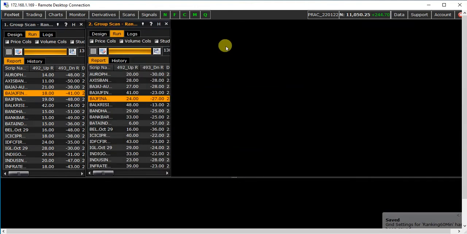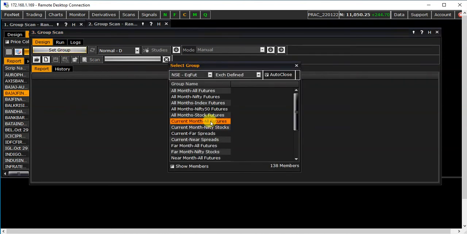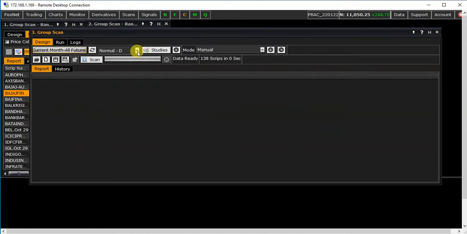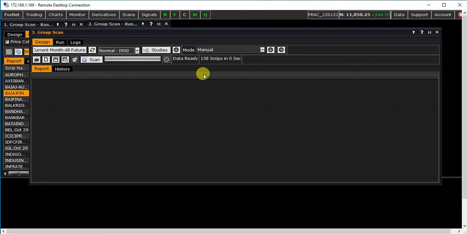I will create one more scan for 15 minutes, so it will be better to understand. Process is same. Select the group, then choose the time frame 15 minutes, then load the study.